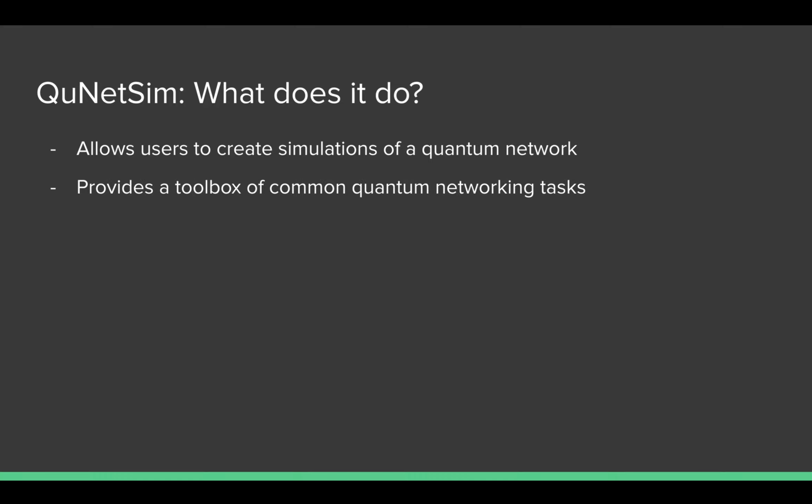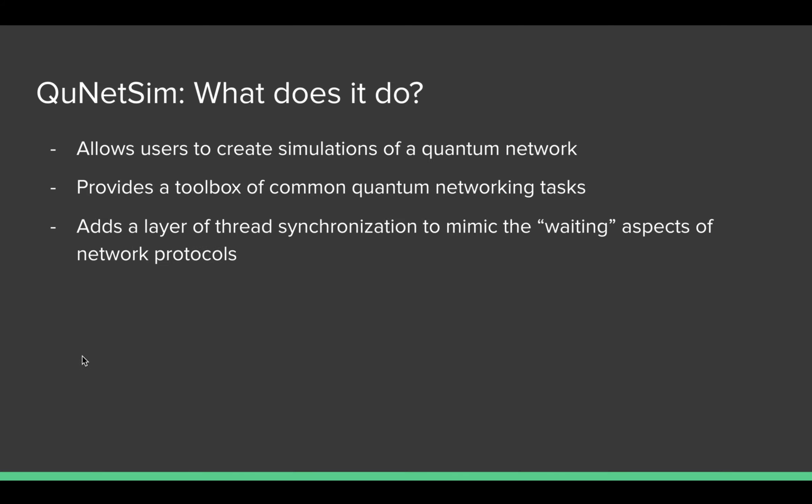QuNetSim also provides a toolbox for quantum computing tasks that are really common, for example, sending an EPR pair from one node to another. If you want to implement this by yourself, it's probably a multi-step procedure, but QuNetSim adds the ability to run these things in one line of code, and it handles all the backend work for the user. Other tasks like teleportation or superdense coding we integrate into the framework so that users can spend more time using the tools that exist to build new protocols rather than re-implementing the same old things over and over again.